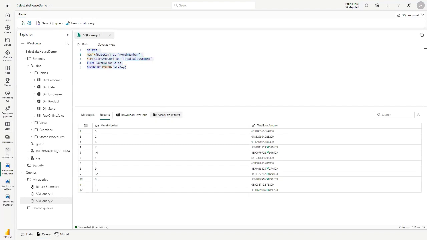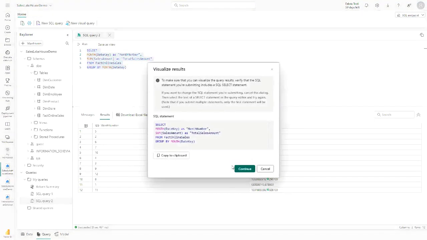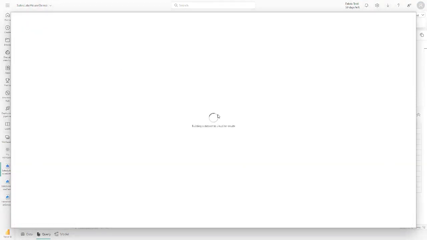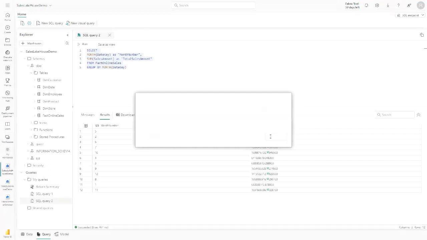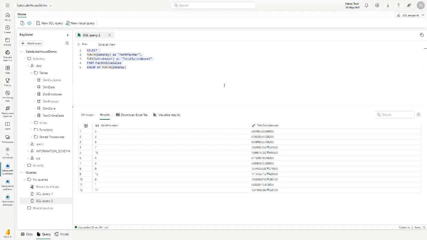Okay. I can visualize this. And when it says it, you have to select what you actually want to visualize. Okay. So it's going to, all right. And now we have a technical issue. Of course we do.